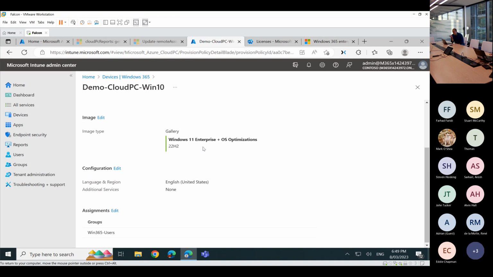What is that? Anyone? It's nothing but Microsoft, as it's been used for a virtual desktop, they've further gone ahead and optimized the operating system for virtual desktop. A great example would be removing Xbox services, which are not required within the virtual desktop. Those are the kind of service optimizations and further operating system optimization which would make it run more efficiently within Azure. That's why it's called OS optimization. And this is done for you.